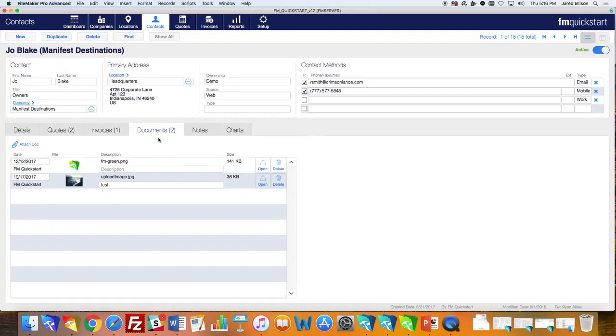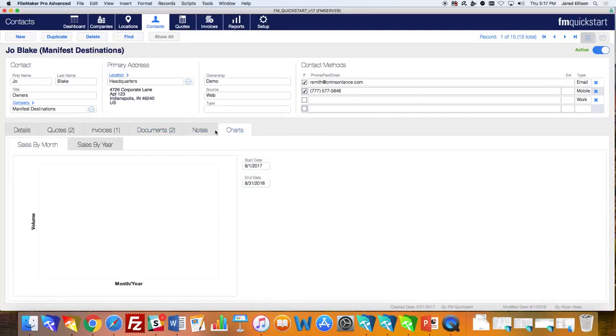And then documents as well for anything that needs to be associated with this contact. And you can also track the amount of the sales or projects with these contacts. That way it gives you an idea of what's been going on and if it's been an upward trajectory and what kind of contact, customer, prospect they could potentially be or are.